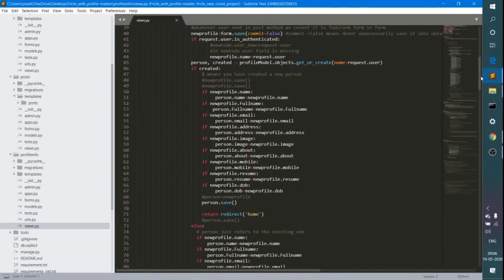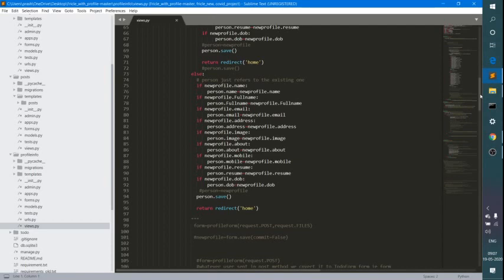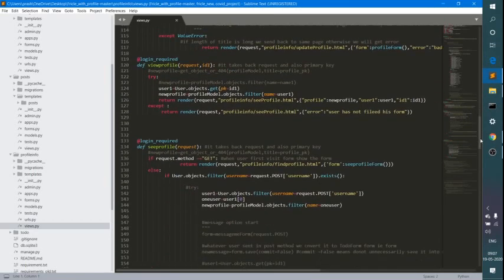I have used the SQLite 3 database, which comes by default in the Django web framework. All the data will be saved and I will be directed to the home page.